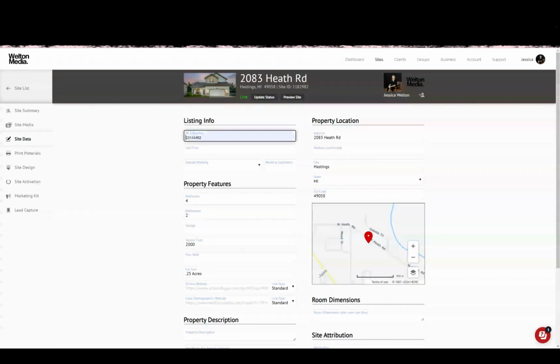So you can add all of the information once you have your listing go live or it's pending and you have your MLS number. You can enter in all of the information here. So I've entered in a list price, the number of bedrooms and bathrooms is going to be pre-filled, the number